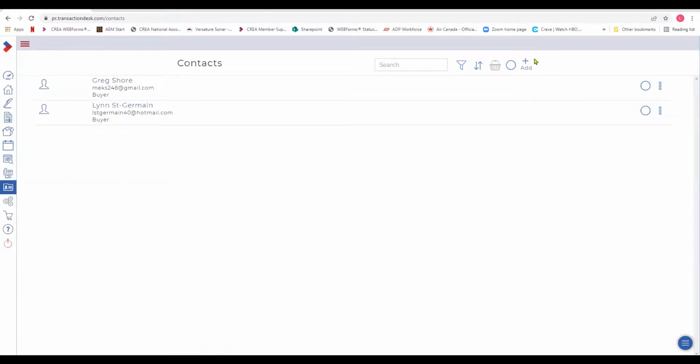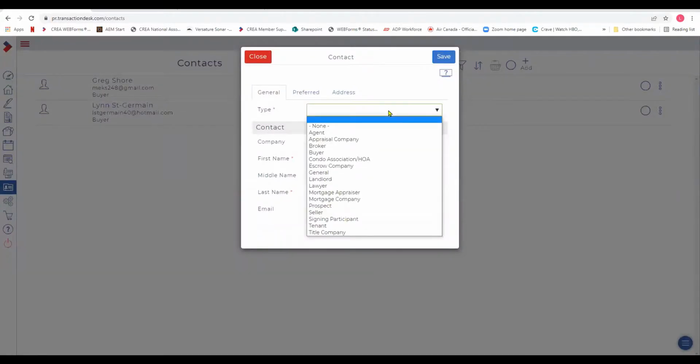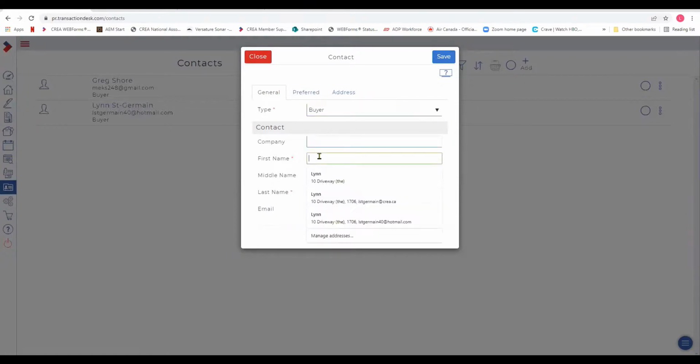So right here, you again will find that plus sign in order to create that action, create contact. And then you have to choose a type. The reason why that is a mandatory field is because these contacts will help you auto-populate within my form. So if I do have, for example, a new buyer, and I'm just going to call this person